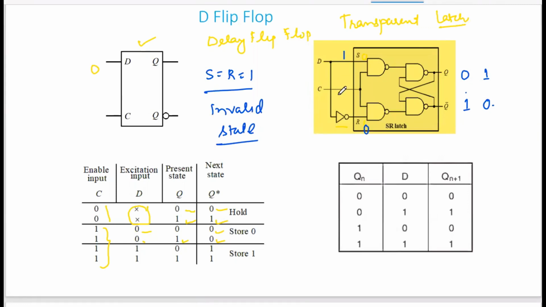So what we will do, we have shorted it with the help of an inverter to give a new kind of flip flop, that is called delay D flip flop, and this is your truth table, and on the basis of that you are having an excitation table, and your excitation table is this: 0 1 0 1. So I hope the D flip flop is clear to you.